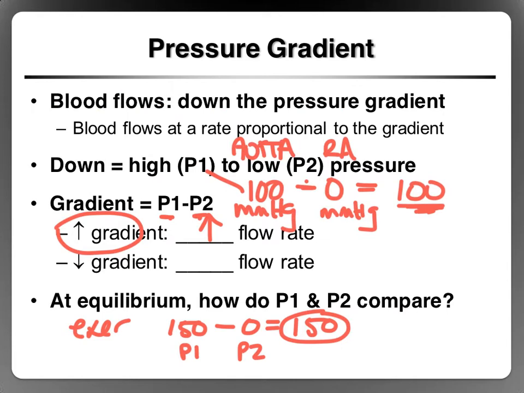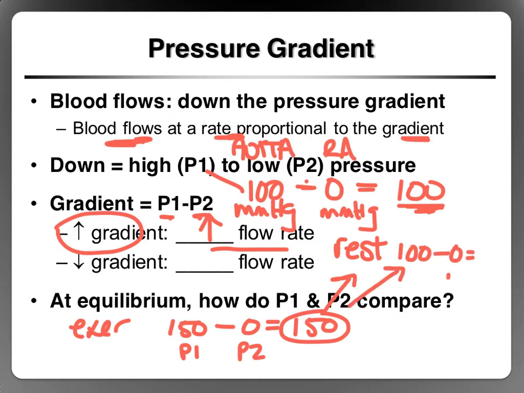Okay, so blood flows at a rate proportional to the gradient. So if we want blood to flow faster, we need to increase the gradient. You increase the gradient, you increase the rate of blood flow. The same is true if we reduce the gradient. So if we're exercising and the pressure in the aorta is 150, and then we go to rest, then during recovery, the pressure in your aorta goes back down to 100, okay. Now we're back to a gradient of 100, so now we've reduced the gradient,